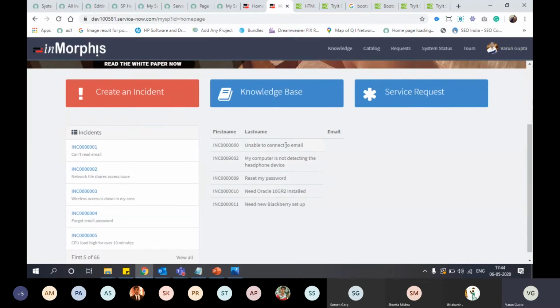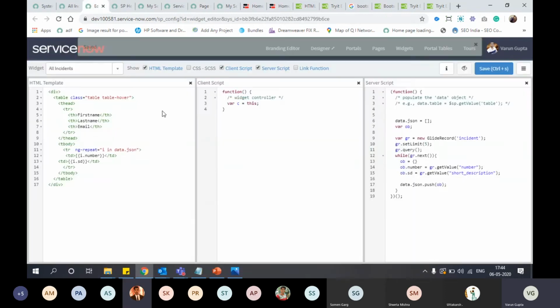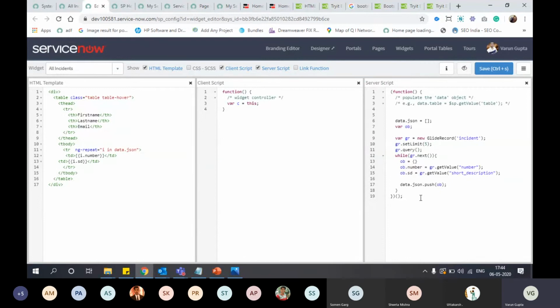It is appearing with some styling. Okay, so this is our very basic widget which we have created from scratch.